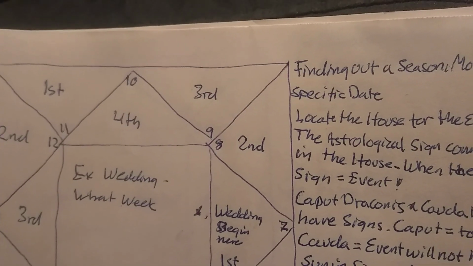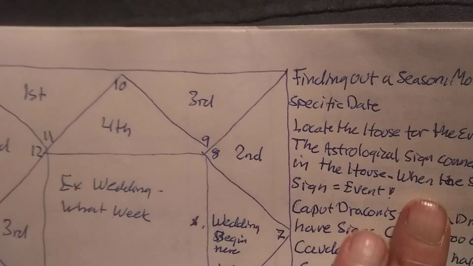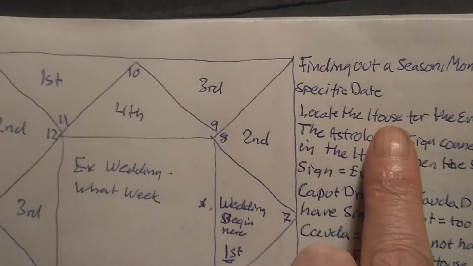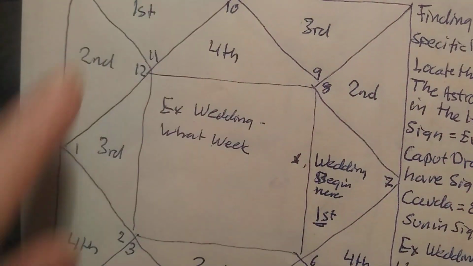A video about finding out different things with geomancy. And this first one here is finding out season, months, week or a specific date. And you go through the house. Here we change the chart a little bit,